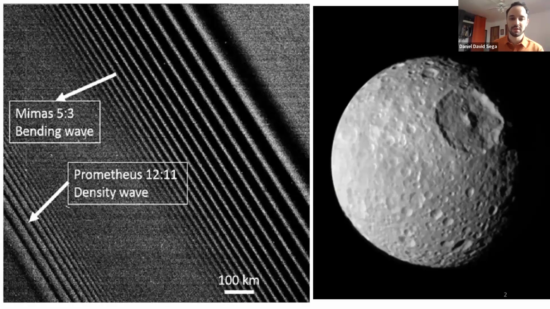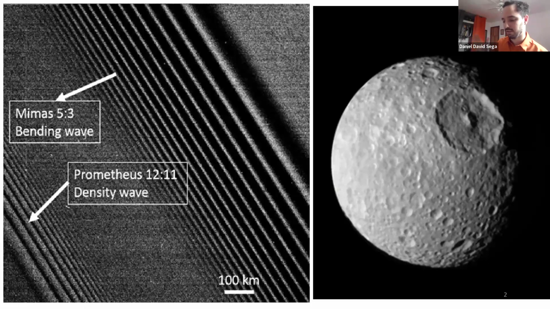So the bulk of my work in the PhD had to do with waves in rings. This is an old topic, of course, but most of the work has actually gone to studying density waves. And I think people know density waves very well. But bending waves are actually more of an obscure topic. And I think there's an assumption, because the math of the two theories is very similar, that physically they're going to behave similarly, but what we're finding here is that that's not true.